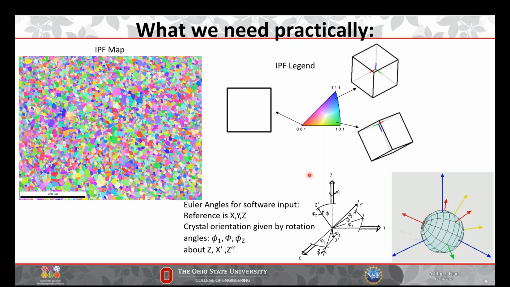The first is a rotation about the z-axis. The second, a rotation about the new x axis after that z rotation. And then the third angle describes rotation about the second axes that we do right there. And so you can kind of see how these three rotations are used practically on the sphere. And that's all we really need here to talk about what we're going to see in the rest of the talk here. So